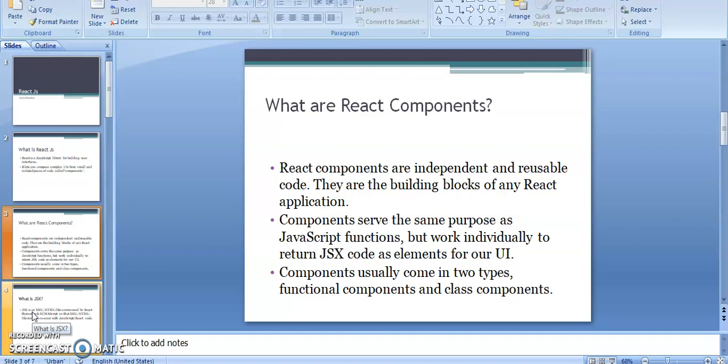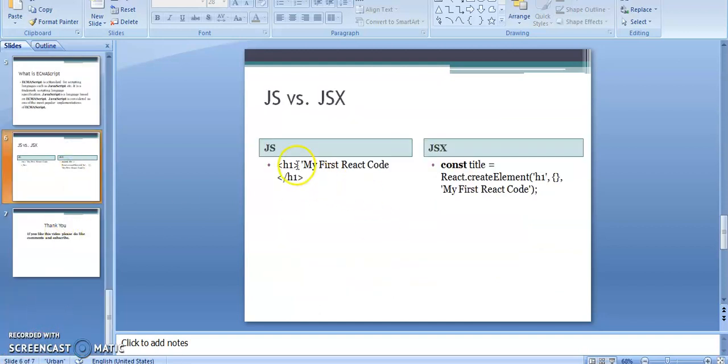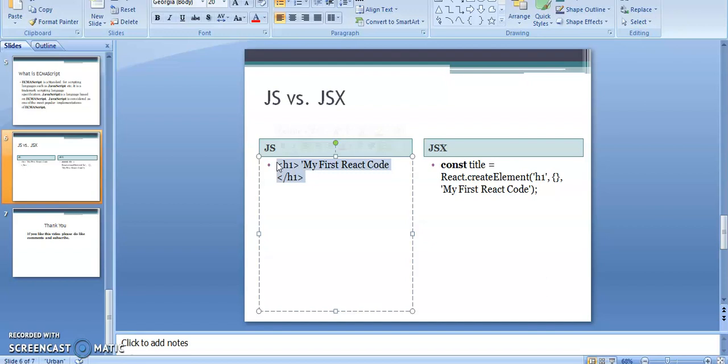If you want to create your HTML in a JSX file, you have to write some syntax. For example, in JS, if we want to create an h1 heading tag, you can create it like this. In .js you can create HTML like this, but in JSX you have to write something like React.createElement.